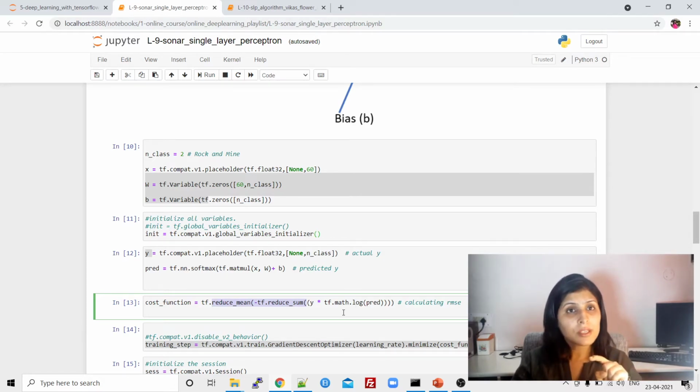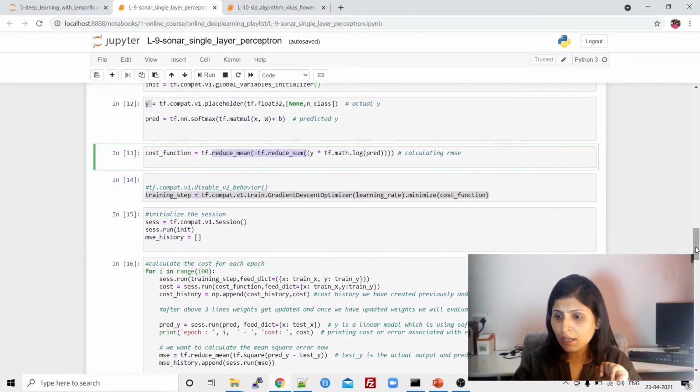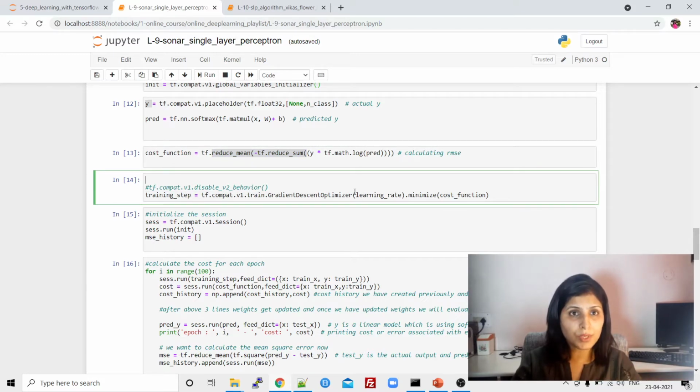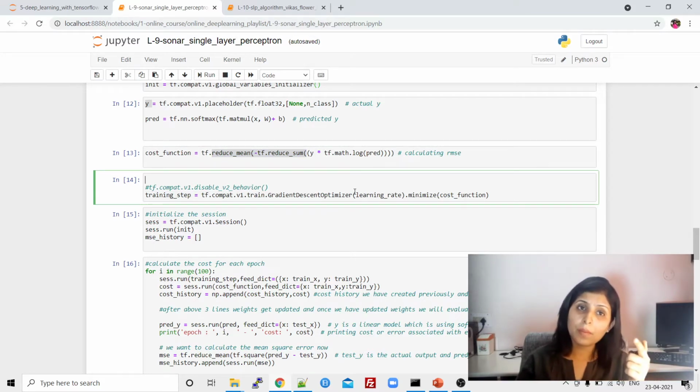Now on the basis of the error, we will update the weights in order to improve the accuracy of our model. So for weight updation, what do we use? We use an optimizer, right? Guys, if you remember my last 2-3 lectures, in those lectures I talked about optimizers and how to update weights.